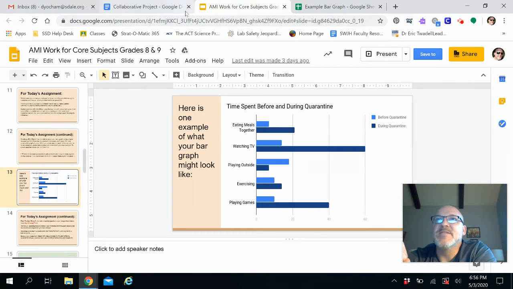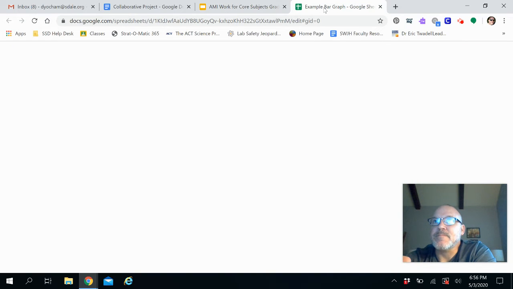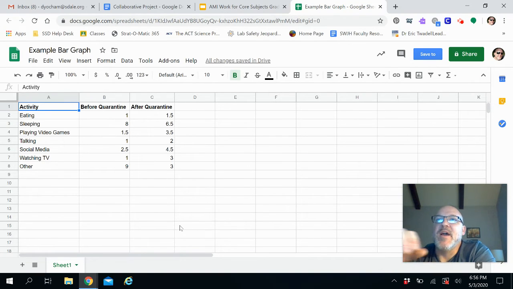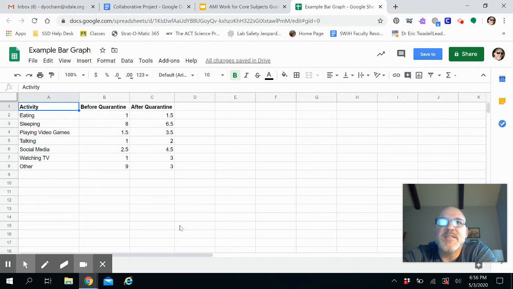Okay. So let's do this. All right, so I have created some data and I used Google Sheets to do this. And you can see that I just randomly chose an activity that I did before quarantine and also after or during. And I just broke it out. This is just sample data. I just made it up really. But once you create your data,